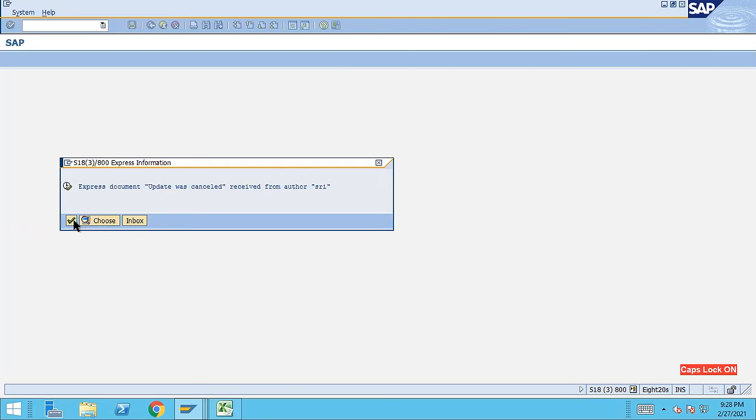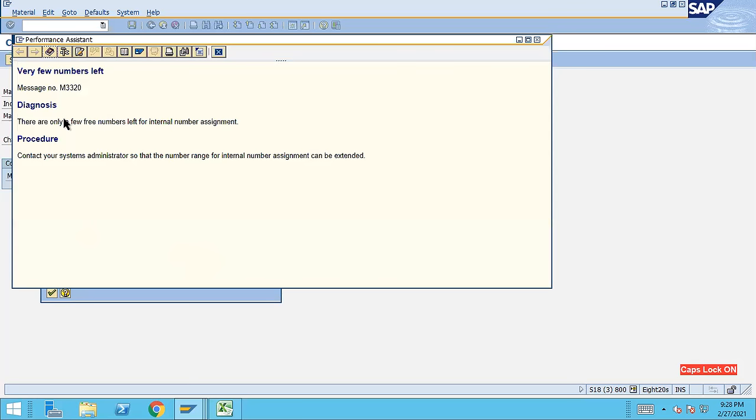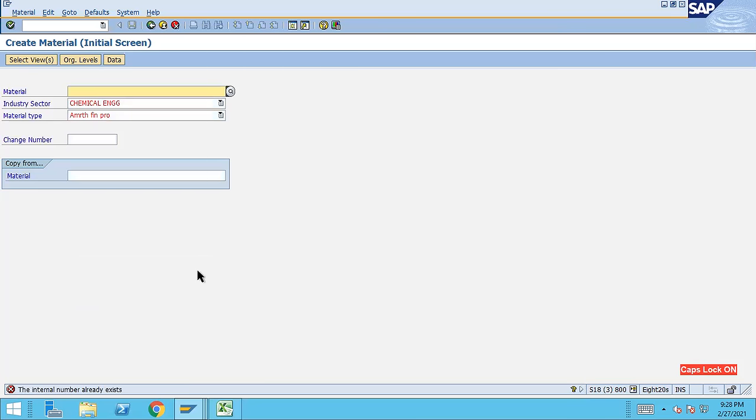Again I'm going to do it, click on this OK button. See here, someone has done this implementation, right? So someone has done some enhancement, and that's why it's coming, right? This is one, very few number left, M3320. This is a standard message, because it's starting with M3320. M3 is the message ID, 320 is the message number. So it looks like not the custom one, it's the standard one. Some problem is there, I don't know what the problem is. The internal number already exists. Okay,